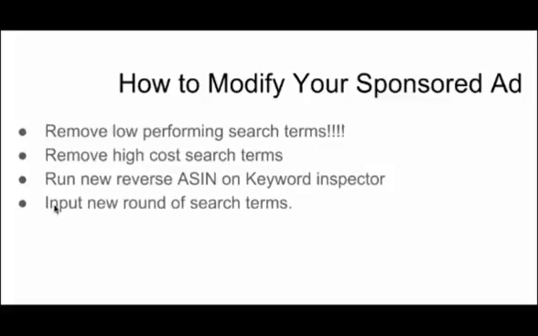And like I said, next is I input the new round of search terms. Again, all you're doing is asking Amazon, hey, Amazon, are people searching for this? Amazon will then give you information back and tell you, yes or no, people are searching for it, through impressions and clicks. And from there, you're just lowering your guessing. No more guessing. Everything is becoming so transparent that Amazon's saying, look, people are looking for this. They're doing this many clicks on it. You're going to pay this much. This is the level of competition. So you're just constantly refining